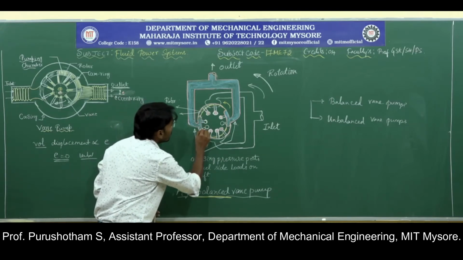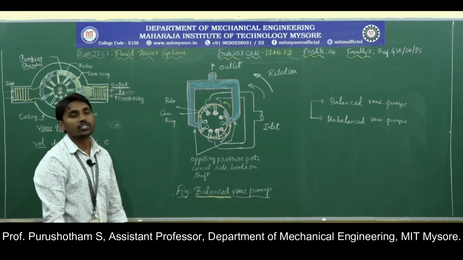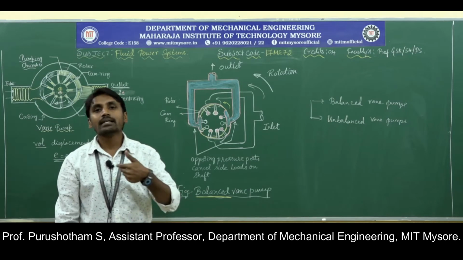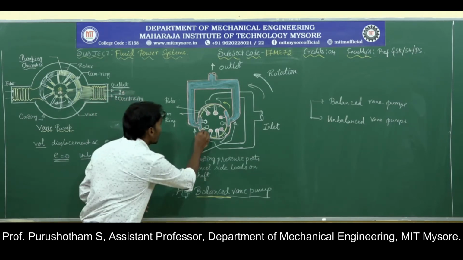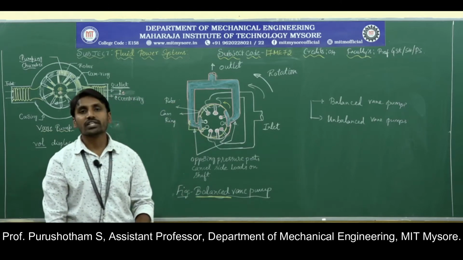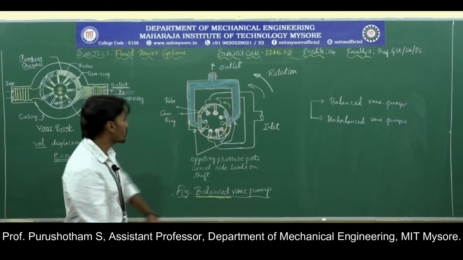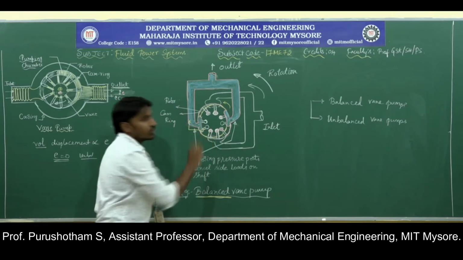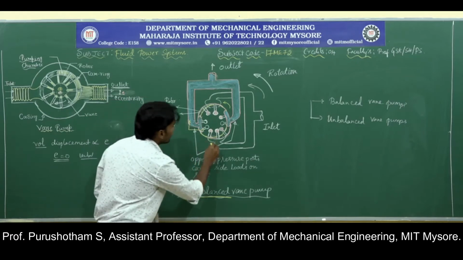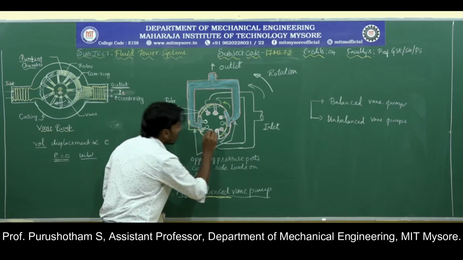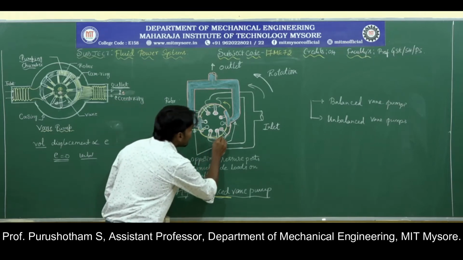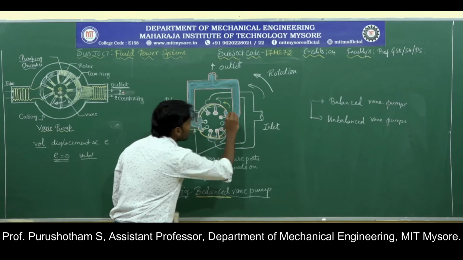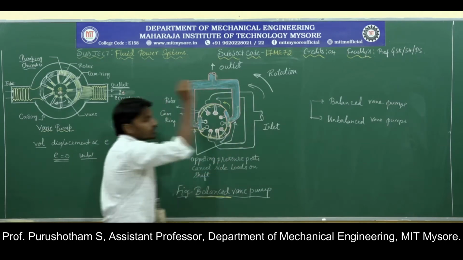As the rotation continues, the vanes move inside the radial slot, and finally that decreases the volume. Hence the pressurized fluid is ejected out through the outlet port. Coming to this region here, there is a decrease in volume. Again when the vanes start to move in the outward direction, which causes an increase in the volume, the fluid will enter. Again when the volume decreases, the fluid is ejected from the pump.